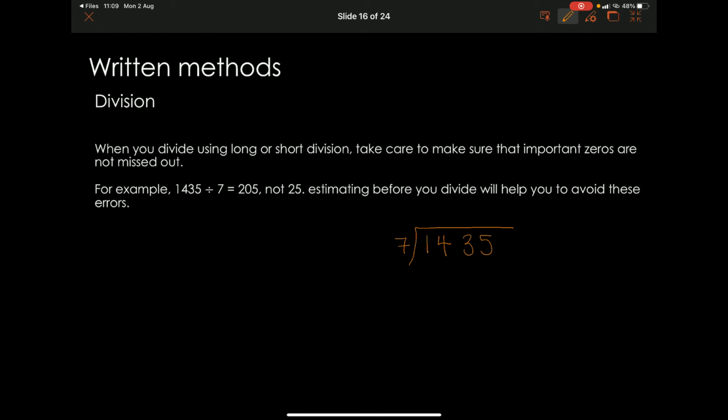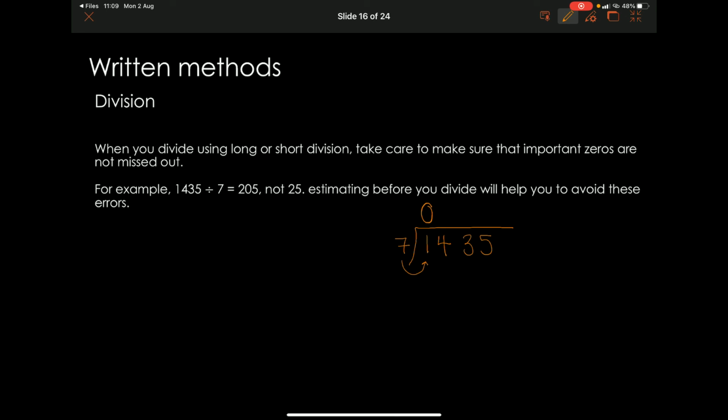So what we're going to do is first of all split this up into smaller numbers. Now, can I do how many 7s go into 1? No, I can't. Okay. So what I'm going to do is, I can put a 0 there if I want to,